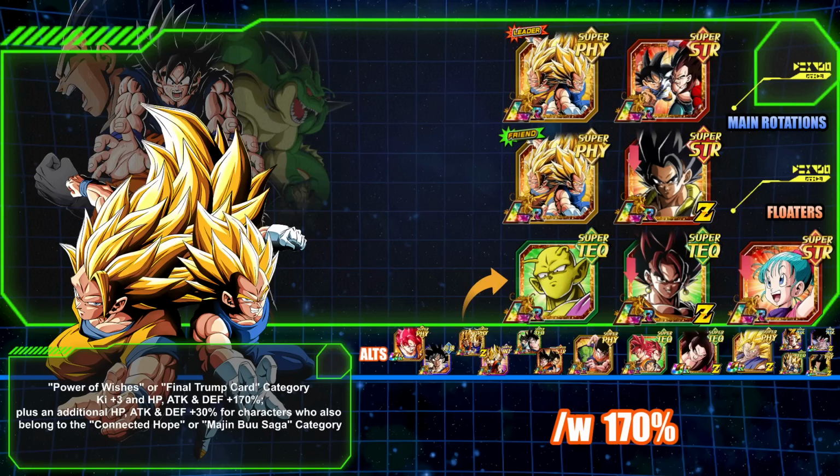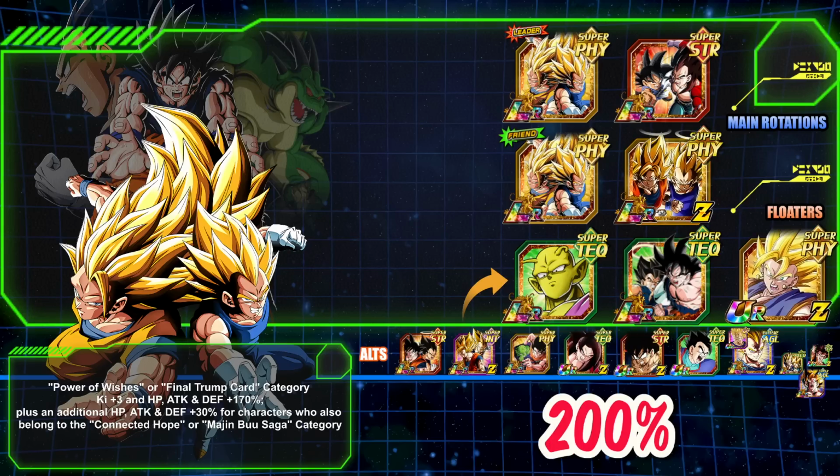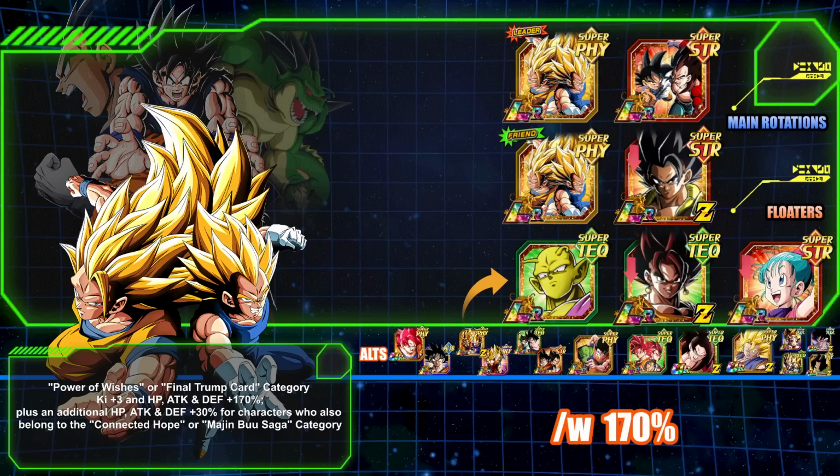You don't get the 300% or the 200% boost from Connected Hope Majin Buu Saga, but who cares, right? She is her own entity and the best support unit ever created for Dokkan at this point in time. So anyway, as you can see, the spot here, though, I forgot to mention the first rotation. If you have the Spirit Bomb GT unit, you're going to run it with the Super Saiyan 3 unit. They link up very well with each other, and you're going to see that rotation basically from